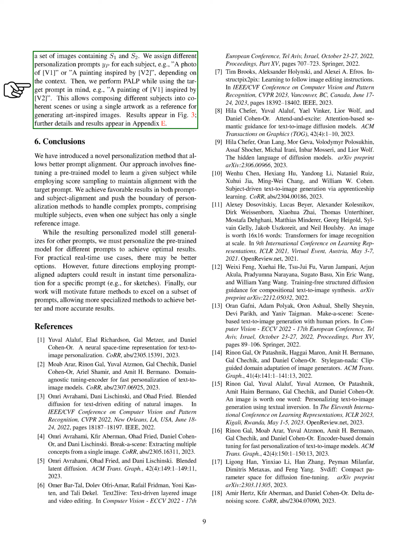We then carry out our method, keeping the target prompt in mind, such as a painting of V1 inspired by V2. This allows us to combine different subjects into coherent scenes or use a single piece of artwork as a reference for generating images inspired by art. You can find the results in the following sections, along with more details and additional results.